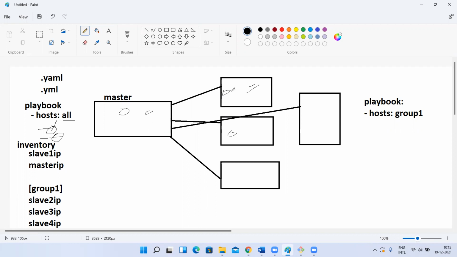Next, for that Ansible user, we have to generate the key with ssh-keygen, right? That key we have to generate. And from my master, I'll execute ssh-copy-id for this instance. Next, again, ssh-copy-id for this IP address, ssh-copy-id for this instance IP address. So all the public keys of these instances will be copied here. Means all the SSH keys we generated, right? The keys will be copied here.